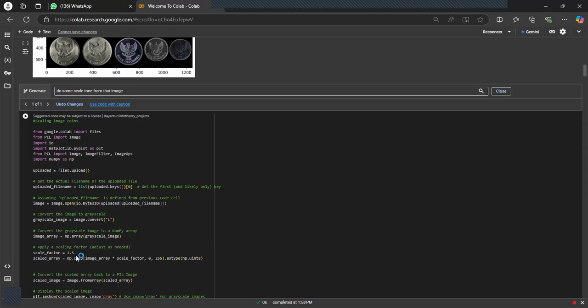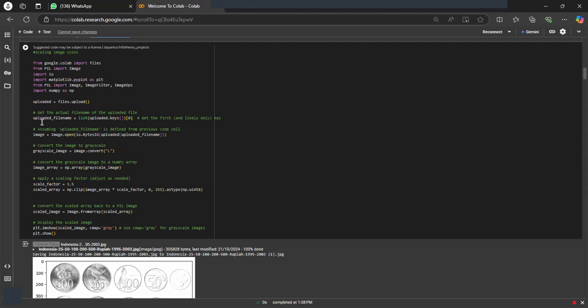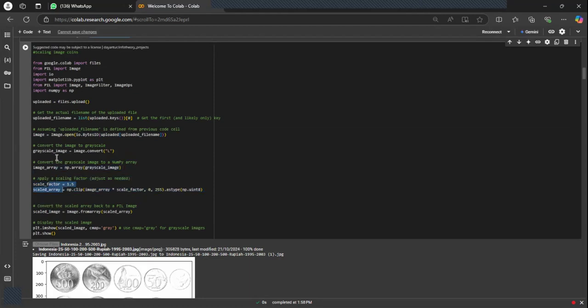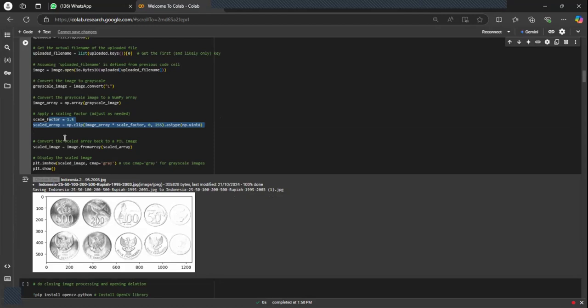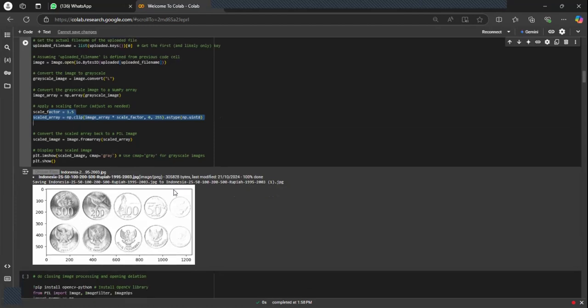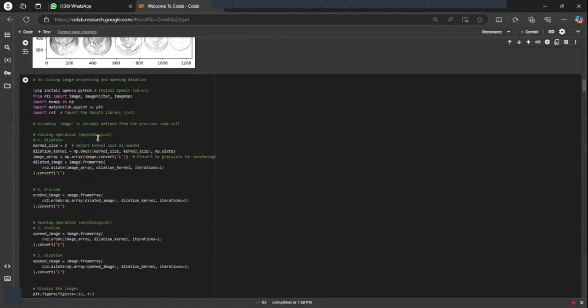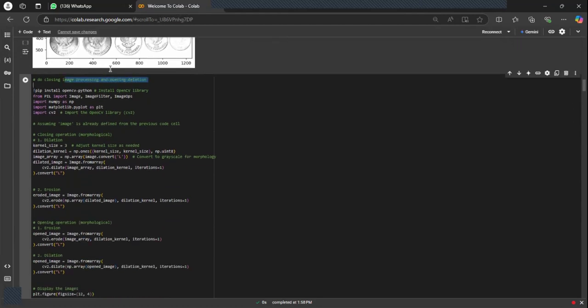After that, we do some scaling of the image using the scale factor and np.clip, and then we can see the scaled output like this. After that, we do the closing image processing and opening dilation.